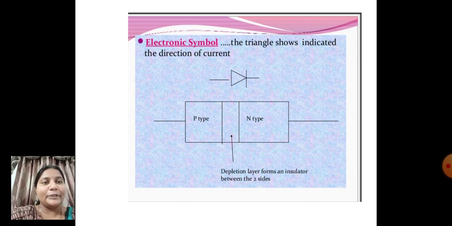And now, in the below figure, we can see that here we are joining a p-type semiconducting material with n-type semiconducting material, and this denotes the no bias condition because we can see that no positive supply or negative supply is used here. So this is known as no bias condition, and in the previous lecture we already discussed this. Whenever we connect a p-type semiconducting material with n-type semiconducting material, a depletion layer is formed between these two materials. Clear?